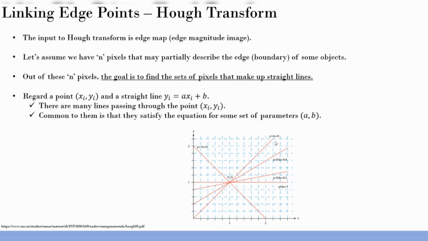So for example, if I have a is 1 and b equal to 0, I get this particular straight line over here. If I have a equal to -1 and b equal to 0, I have this particular straight line here. And so many more; as you change the a and b values, you get all these straight lines. But what is common about them is they all pass through this point 1, 1. Some of you might already be thinking in what direction I'm going. If that's good, let's see further.